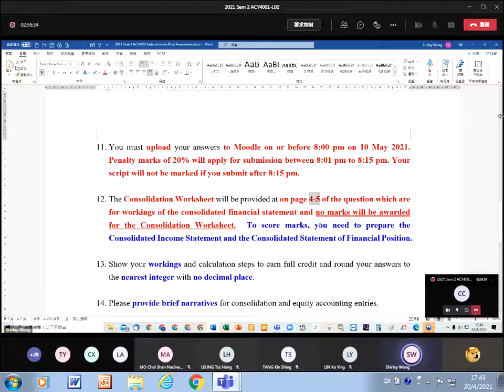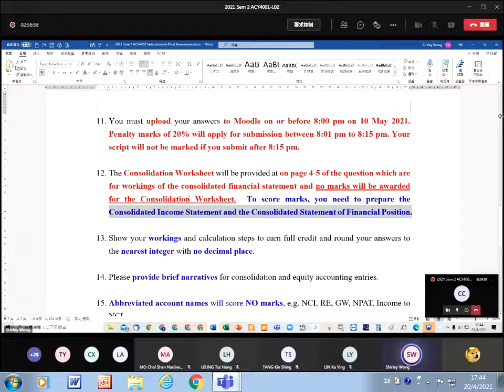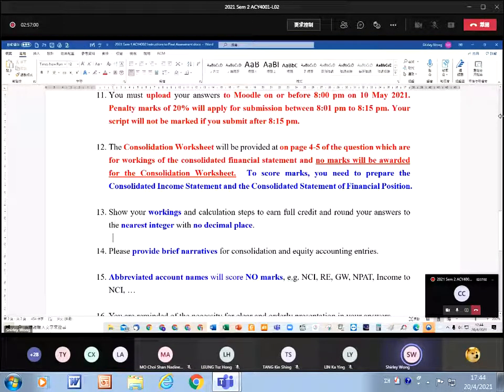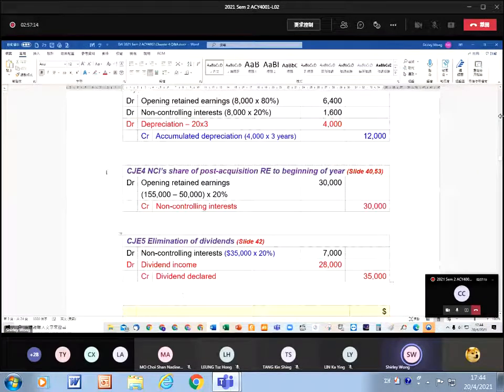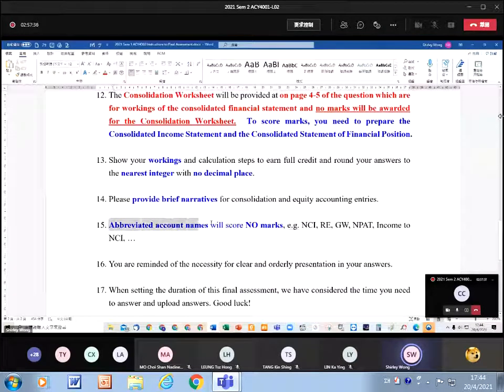今次 question one 我哋會有 consolidation worksheet。我原本俾你嗰個係喺 last page，我改一改翻，對你唔大影響。個 consolidation worksheet 會係 page 4 and 5。記住 consolidation worksheet 係冇分嘅，唔需要交。你要交咩先有分？你要做個 consolidated income statement 同埋 consolidated statement of financial position，先至有分。個 worksheet 係 for 你 reference only。同埋你要 show 你所有嘅 working，唔應該有小數位，有小數位可能你計錯。如果真係有，你記得 round to nearest integers。同埋上一次同學做嗰啲 entry 都做得好亂，所以今次你要有簡單嘅 narrative。譬如好似呢句，你寫 CJE4 NCI share post acquisition retained earning。喺呢句入邊，你可以有簡寫，可以寫 NCI，可以寫 retained earning，但係長嘅 account name 係不能夠寫簡寫。你俾翻一啲好簡短嘅 narrative 我就得，我哋先知你做緊啲咩 entry。